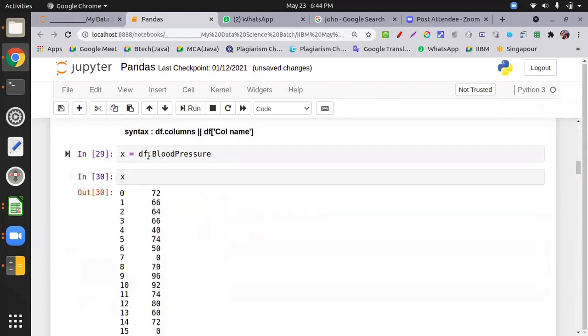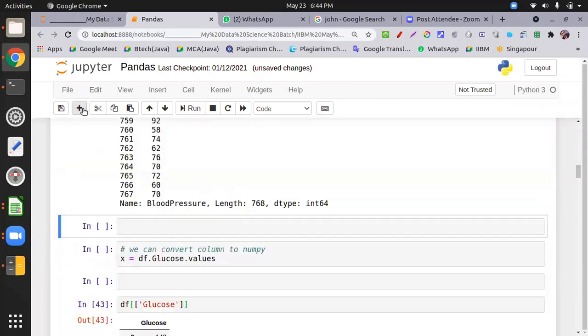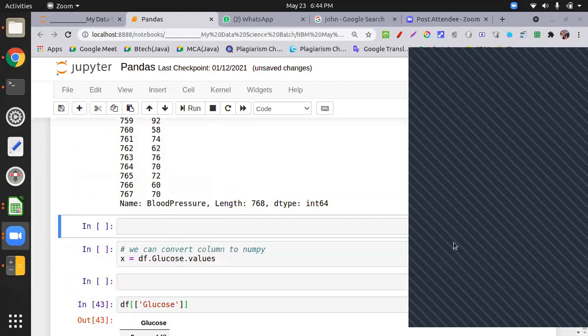If you know the type function, so what the type function does...